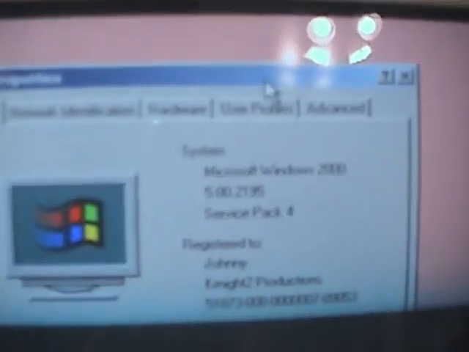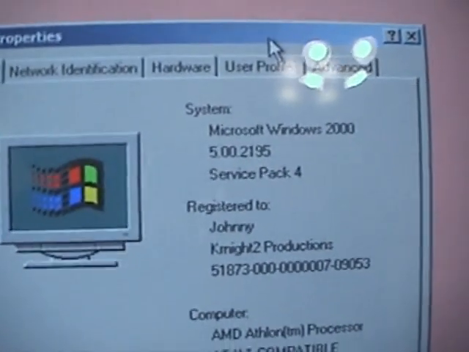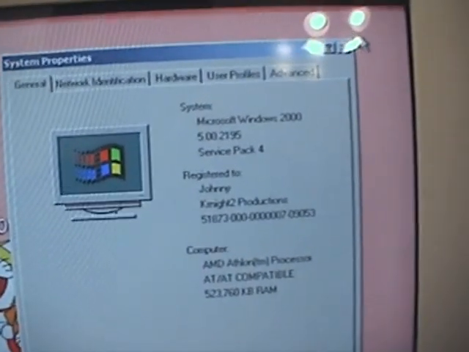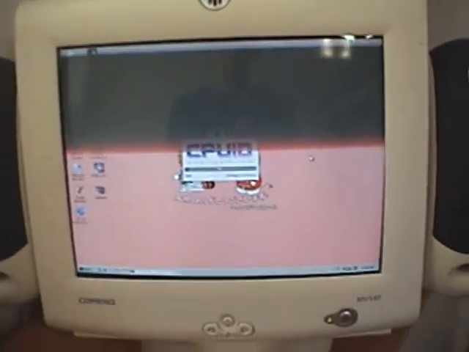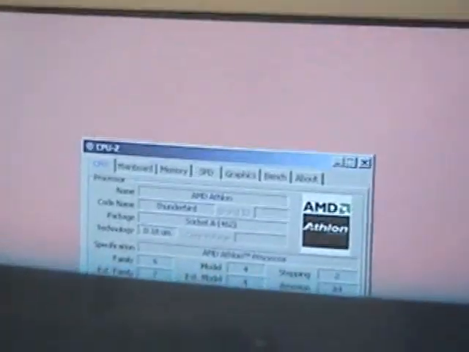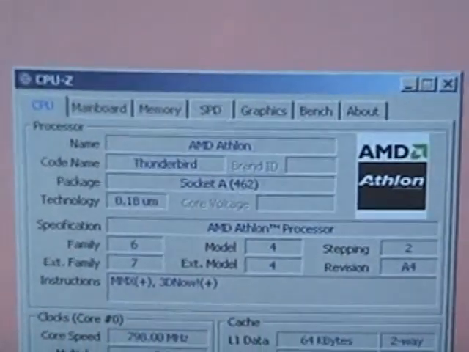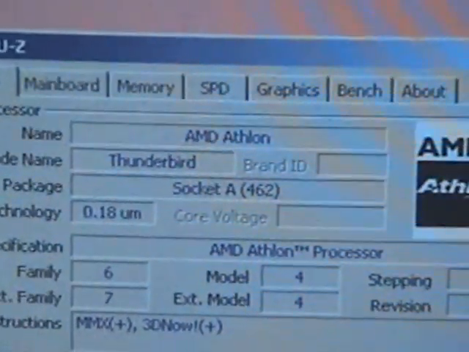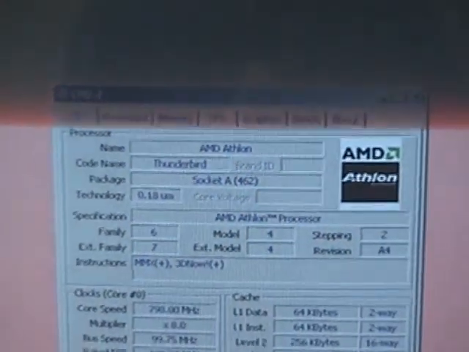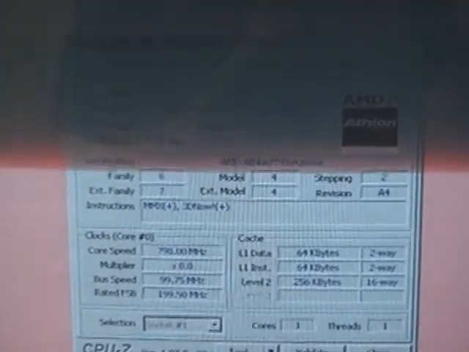here because Windows 2000 5.00.2195 Service Pack 4, AMD Athlon processor, AT compatible, and since we're here we can launch CPU-Z and see what kind of processor it has. AMD Athlon Thunderbird. It says Socket A, but this is actually a Slot A processor, and it's clocked at 800